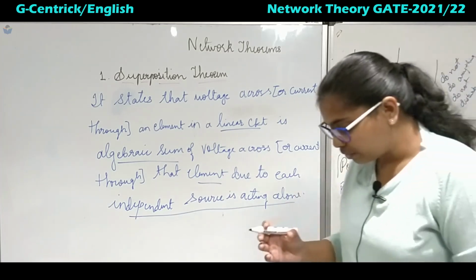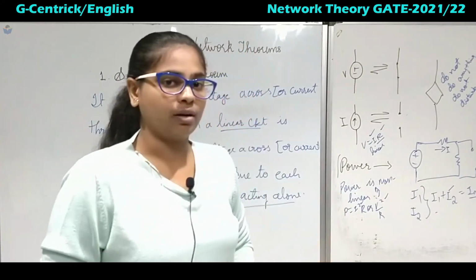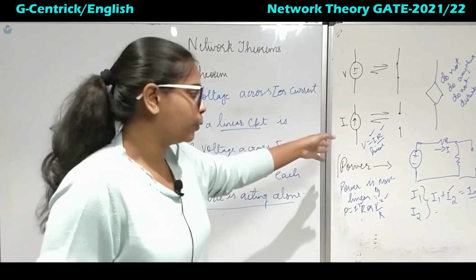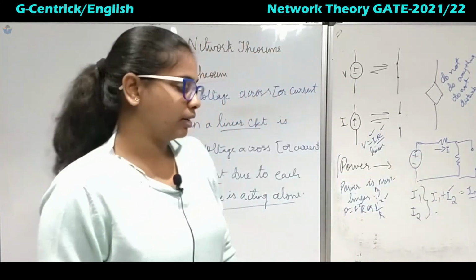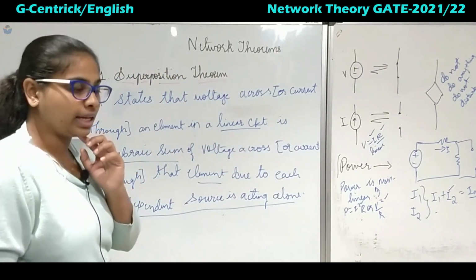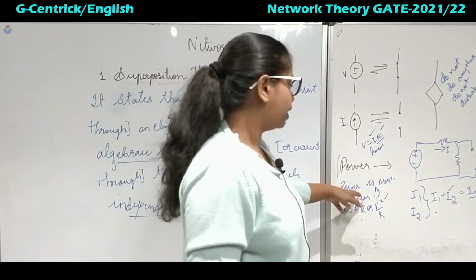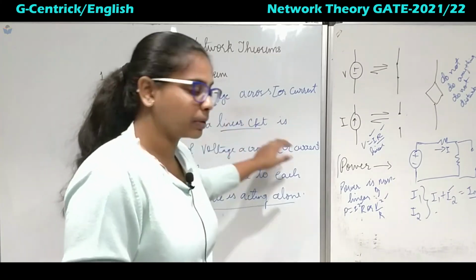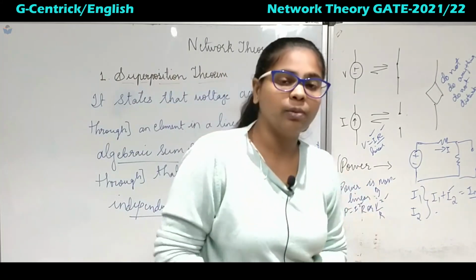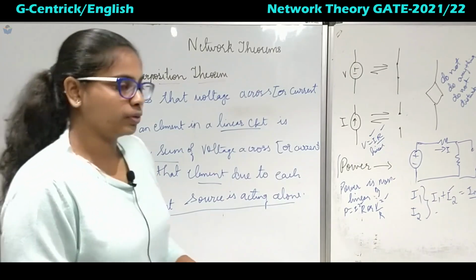But there are a few problems where superposition theorem can be used to solve for power. The net power you cannot add directly as P1 plus P2 for the individual element. That is why it is generally not applicable for superposition. But there are a few exceptions that we will take up in the upcoming sections, where we will see how the superposition theorem can be applied for power. In the next lecture we will start solving problems based on the superposition theorem, where this statement will become clearer. Thank you.